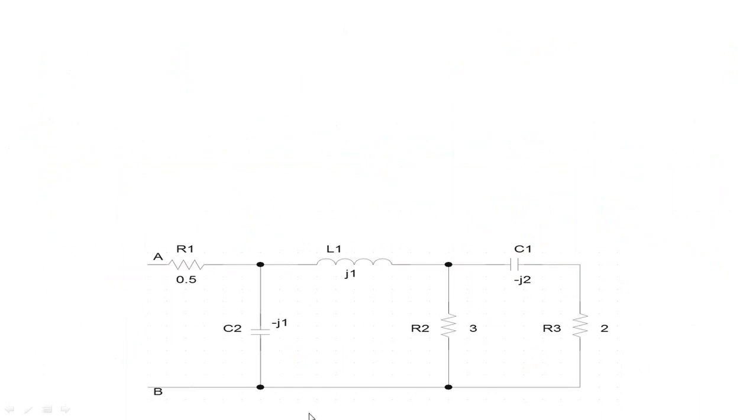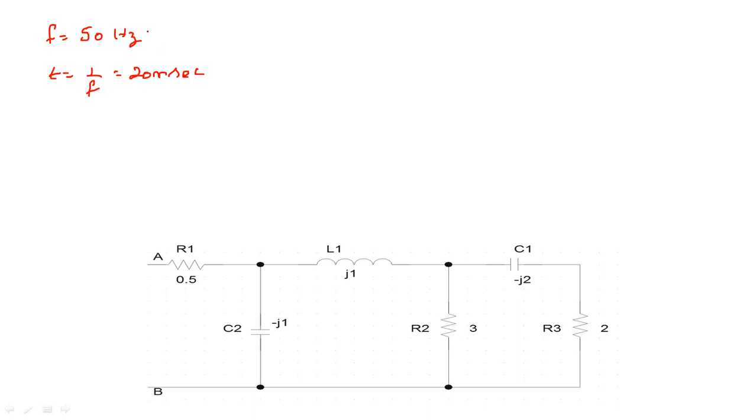Now what frequency have we selected? We have assumed the frequency as 50 hertz. And what is the time period? Time period is 1 by frequency. You'll get that as 20 millisecond.